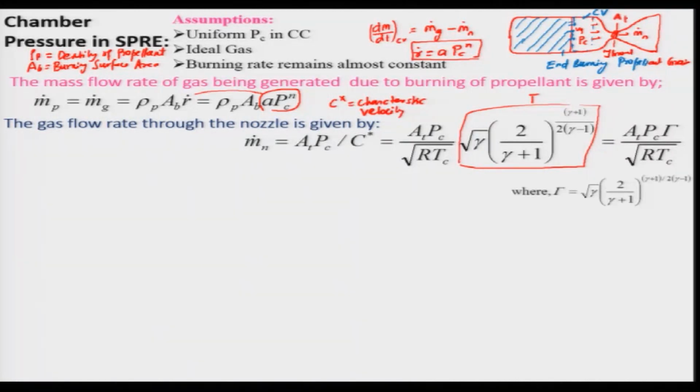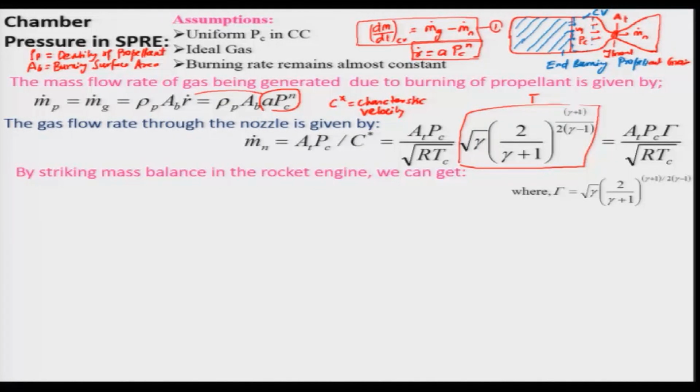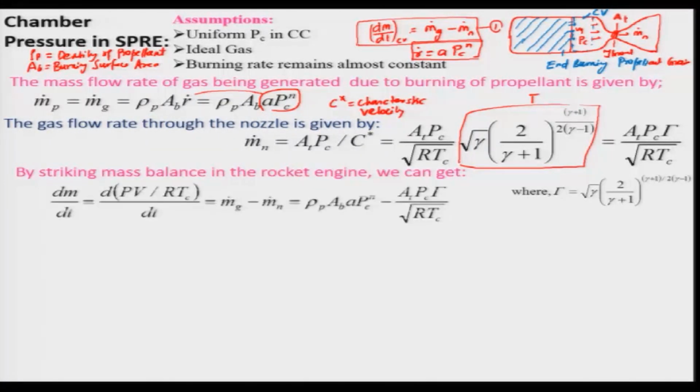That means what it is saying is that the mass flow rate through the nozzle is basically proportional to the throat area, proportional to the chamber pressure, and inversely proportional to T power half, and also the gamma factor comes into the picture. So, if we strike this balance, if you look at equation 1, we can write down and substitute these values, that will be d m by d t, and we know that by